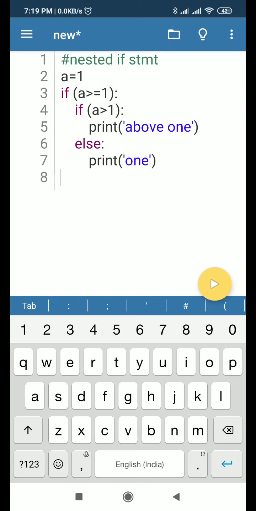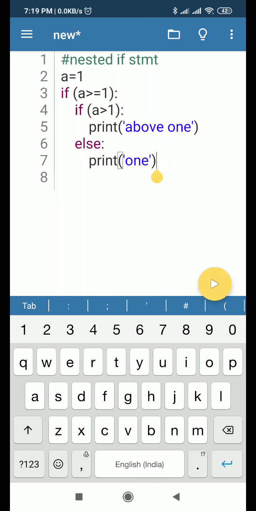Since the condition is true, we are moving inside the if part, and again here is a condition which will distribute the two values. The first condition is actually a is greater than 1, that means the value is above 1, and its else part is definitely the value of a is equal to 1, therefore it will print 1.